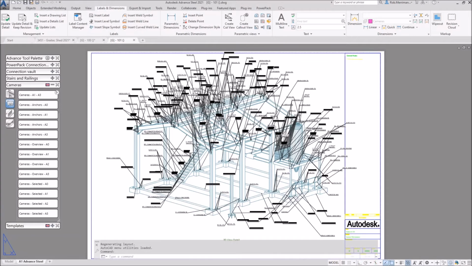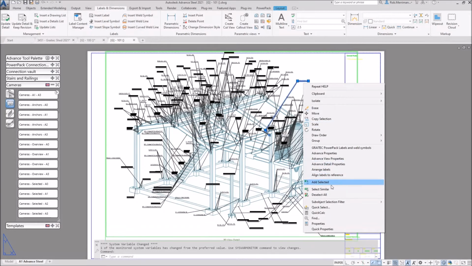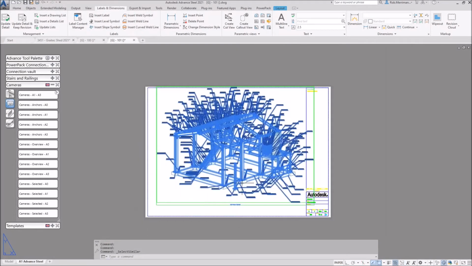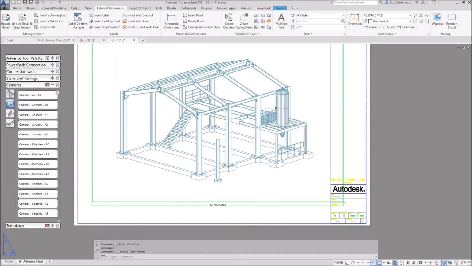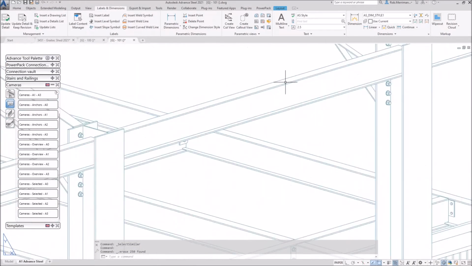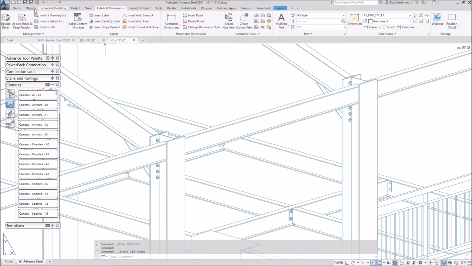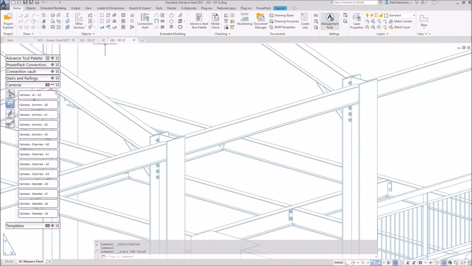Okay, that style does label everything, so I can just do select similar. The only thing with select similar is the label for the view is classed as a label, so we'll just deselect that and then delete the labels. And you can see in there we don't have the hole showing. So if we go back to management tools,